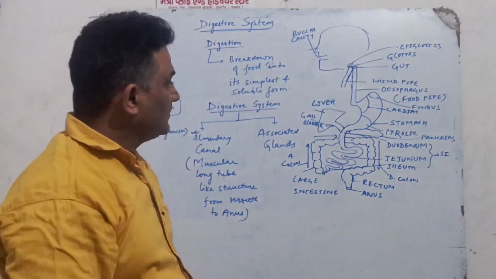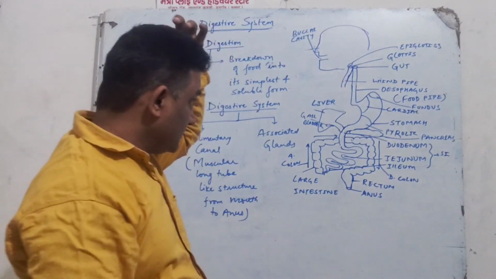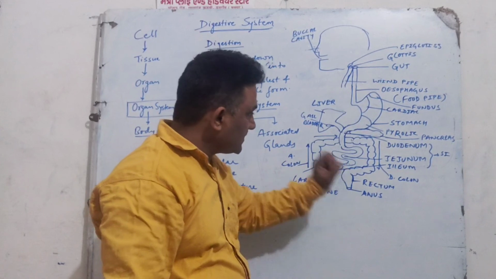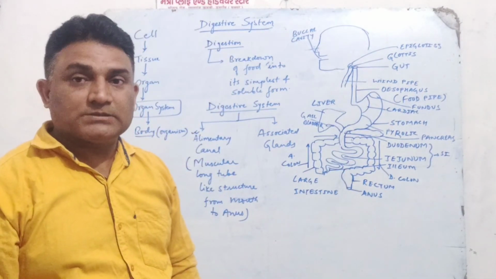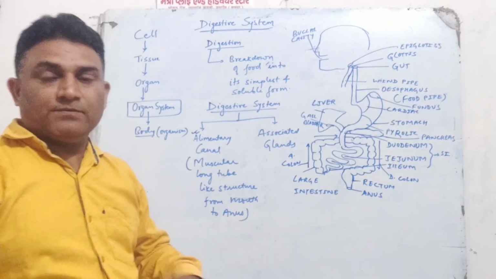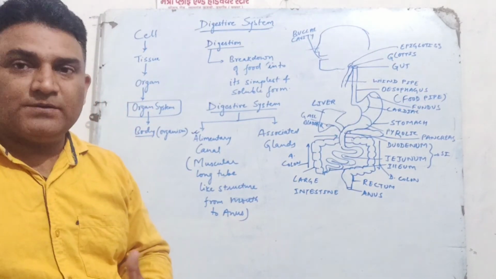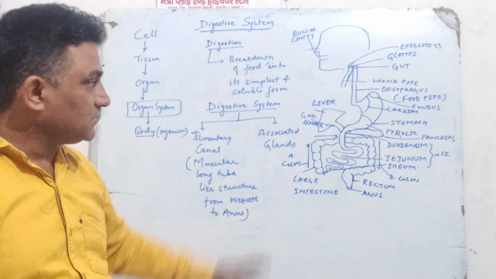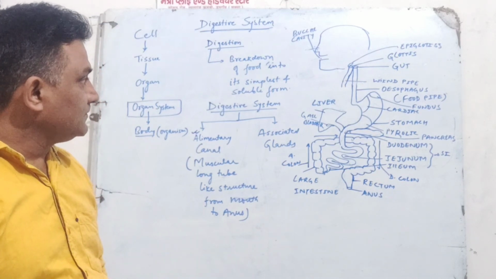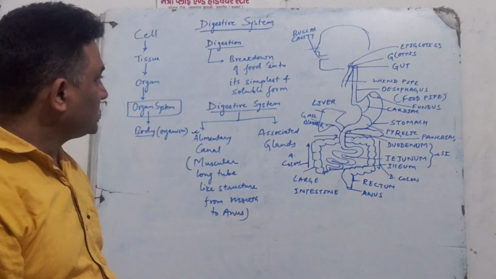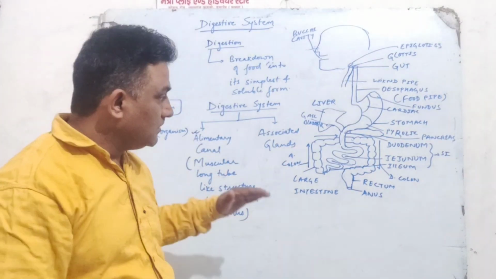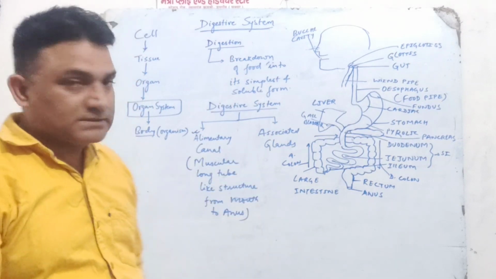And there are certain glands which we find in the stomach, in the buccal cavity, and in the small intestine, which we will discuss briefly, because it is not included in your syllabus, but we will discuss as much as is important for you all. So this is all about the structure. I believe it is clear till now. We are going to start from here onward on the next day. Thank you.